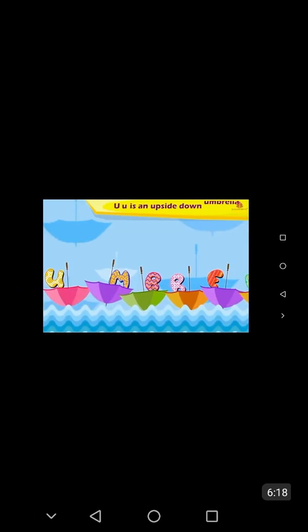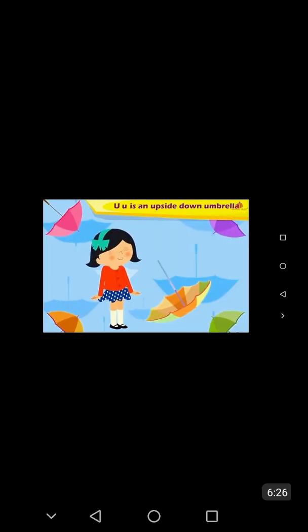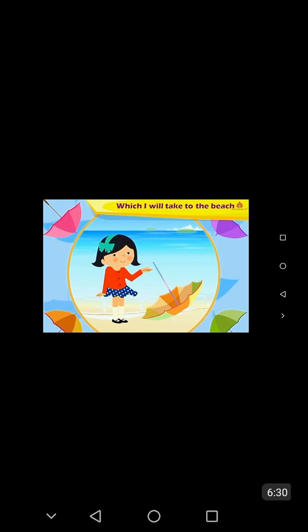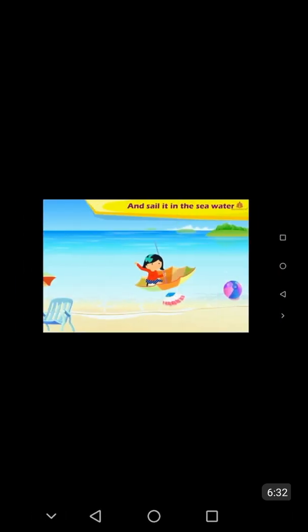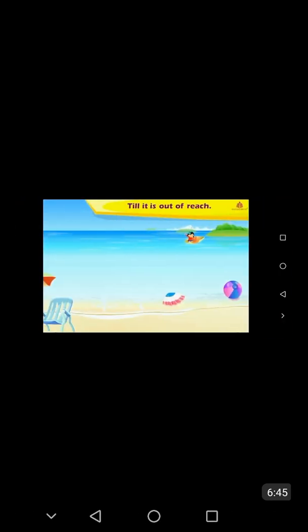U is an upside down umbrella which I will take to the beach. U is an upside down umbrella which I will take to the beach and sail it in the sea water till it is out of reach. And sail it in the sea water till it is out of the reach. Okay.